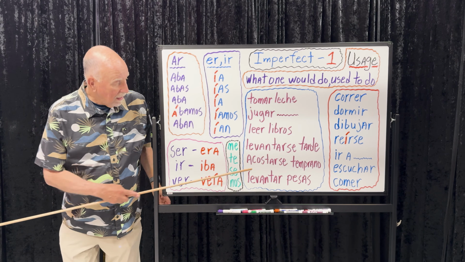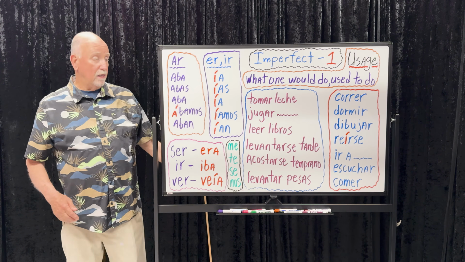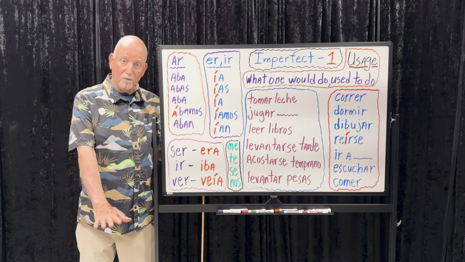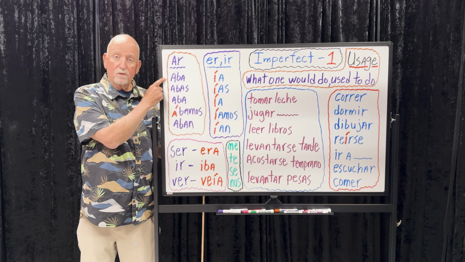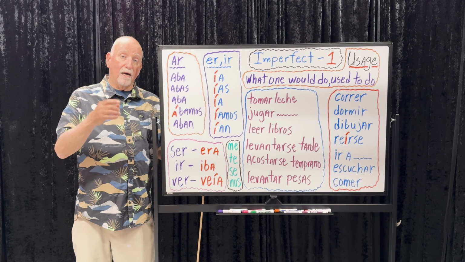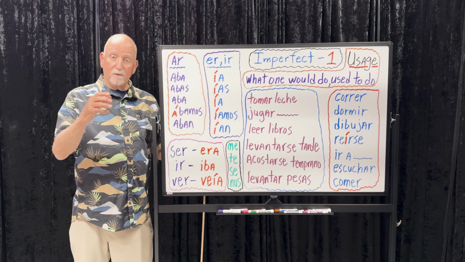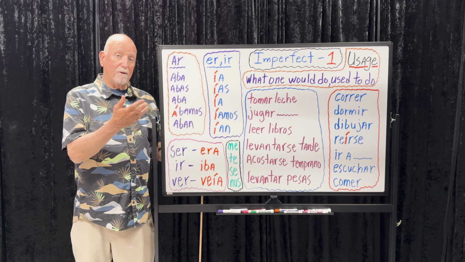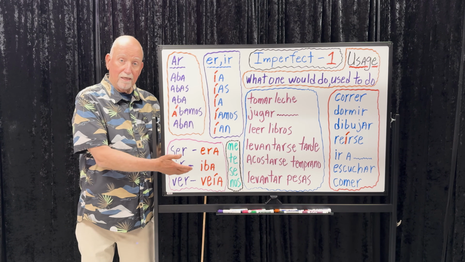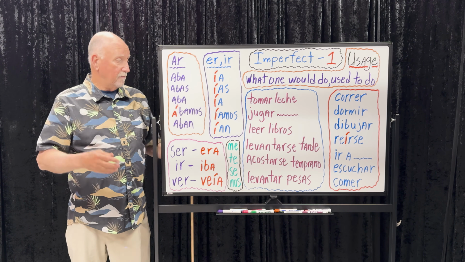Okay. Acostarse temprano is to go to bed early. When I was a little kid, I would go to bed early. Cuando yo era niño, cuando yo era un niño pequeño, when I was a small kid, me acostaba temprano. If you want to go into the present tense, pero, P-E-R-O, ahora me acuesto tarde. Acostarse is an O-to-U-E in the present tense. We know that. Me acostaba temprano cuando era niño. I would go to bed early when I was a kid. Pero, ahora, now, present tense, me acuesto tarde.